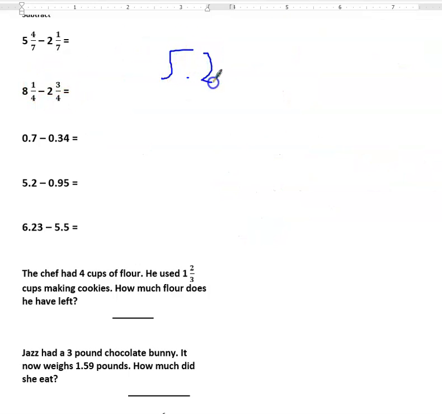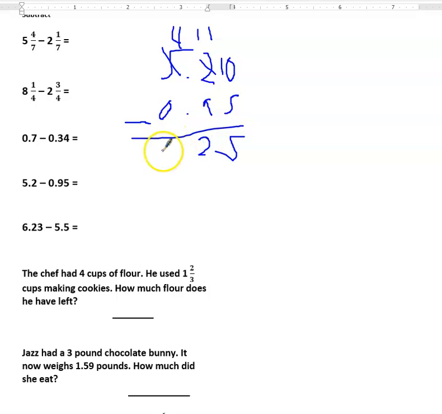$5.2. Line my decimal up. 0.95. Which means I'm going to need a 0 out here. Going to do a little bit of borrowing. 10 minus 5 is 5. Got to do some more borrowing. And I get 4.25. And then this last one, 6.23